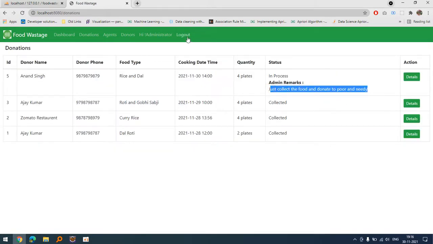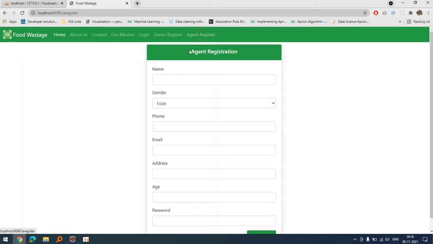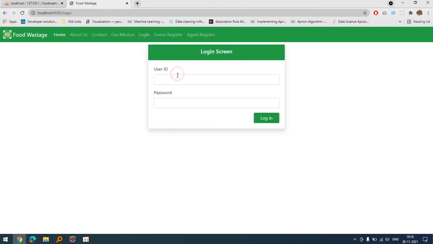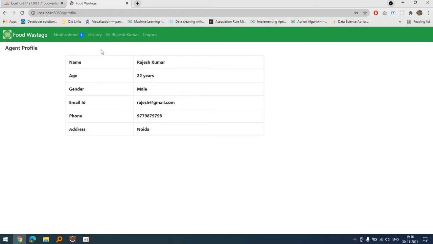Okay, so let's log out, and now it comes to the agent part. So we have added rajesh@gmail.com, and you can see there is a notification. So Rajesh can see that there is a notification that he has got something.